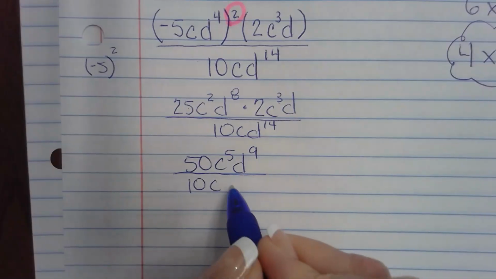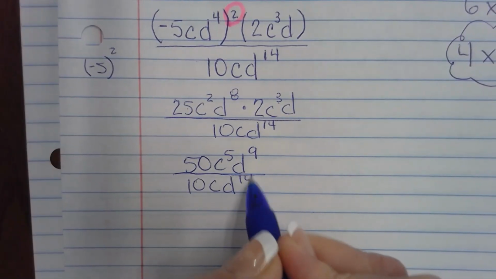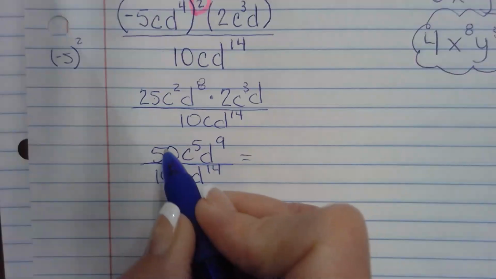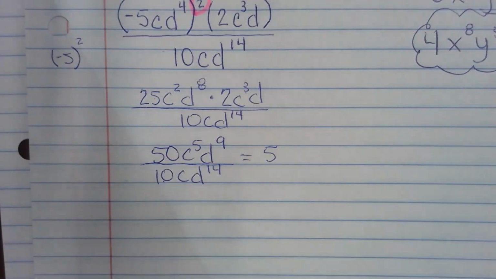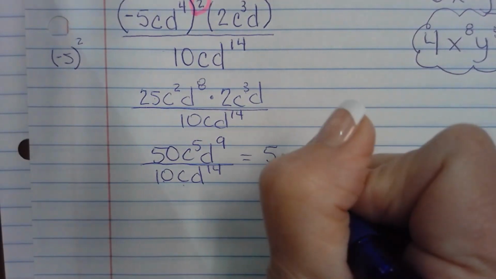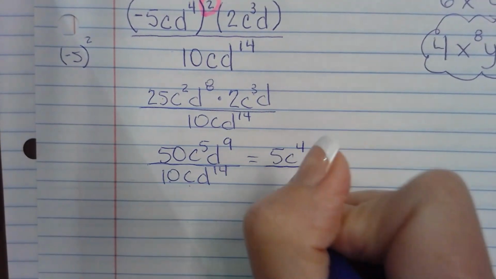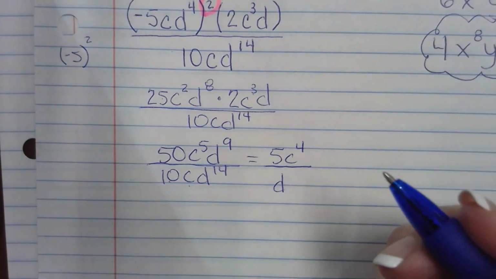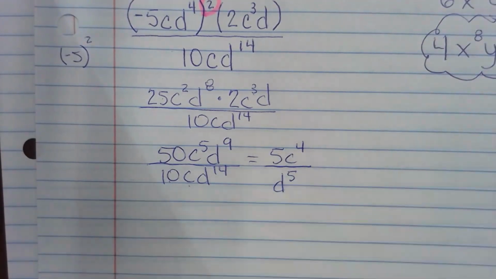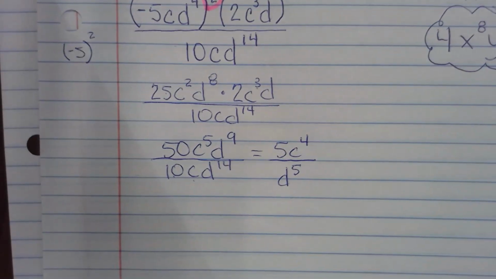Okay, now I'm going to pop that little denominator in there. Now I'm dividing. So I divide coefficients and I get 5. I subtract powers, so that's C to the 4th. D is bigger on the bottom, so when I do my subtraction, I need D on the bottom. We good there? Okay, now,